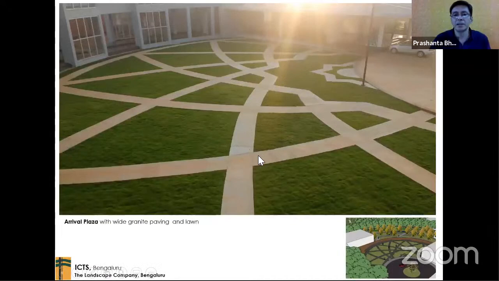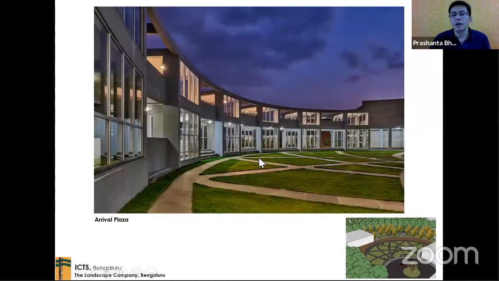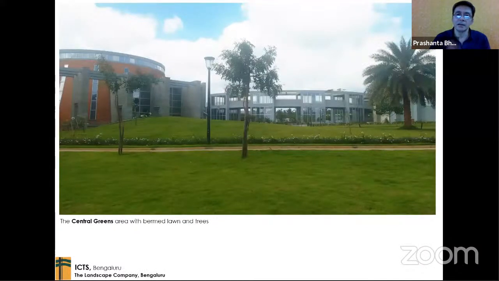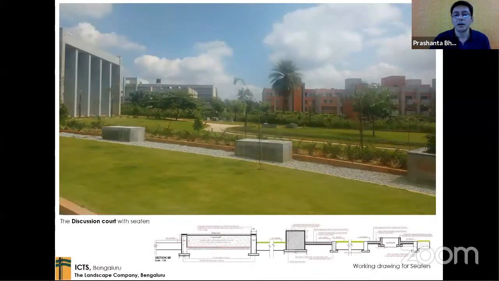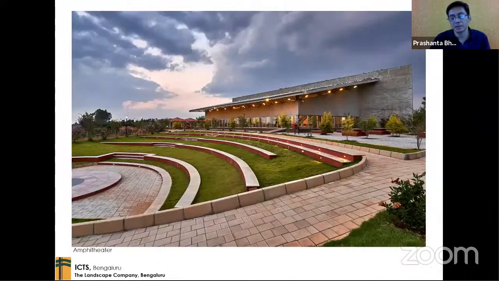This is the Arrival Plaza. This is what it looks like at night. And of course, a lot of the trees that were existing, we saved them and created a landscape that the campus would be used again, and people would come in and sit in these spaces.